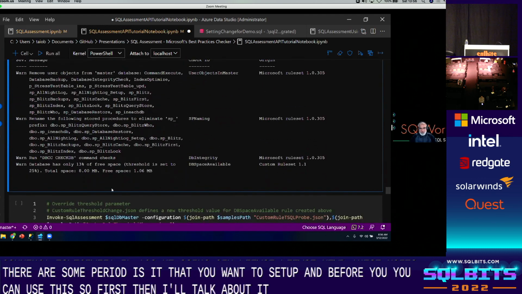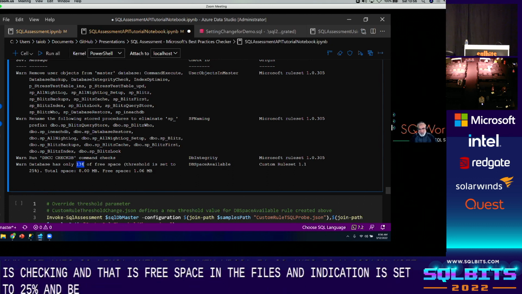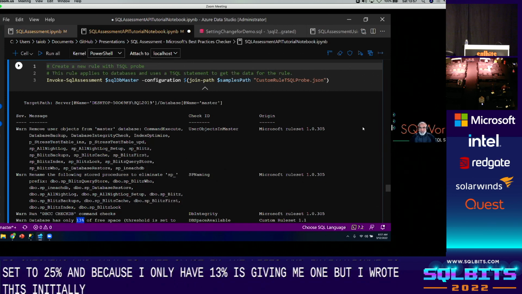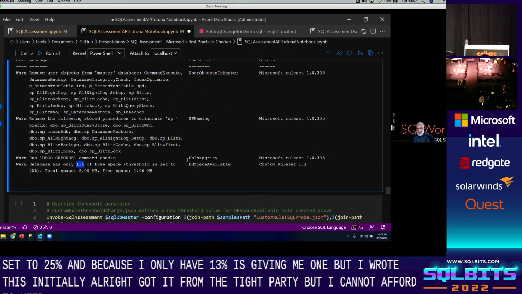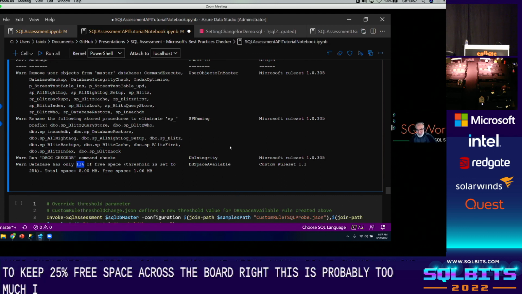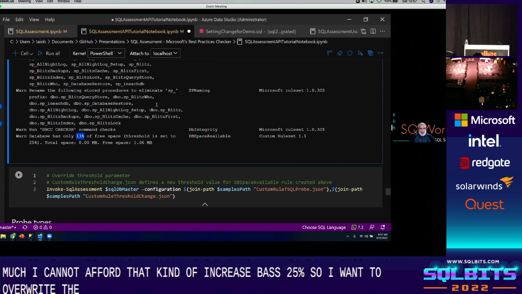So this is a custom rule. It's checking database free space in the files, and the threshold is set to 25%. And because I only have 13%, it's giving me a warning, right? But say I wrote this initially, or I got it from a third party, but I cannot afford to keep 25% free space across the board, right? This is probably too much. I cannot afford that kind of free space. So I want to override that. So if I go and look at custom threshold change.json,